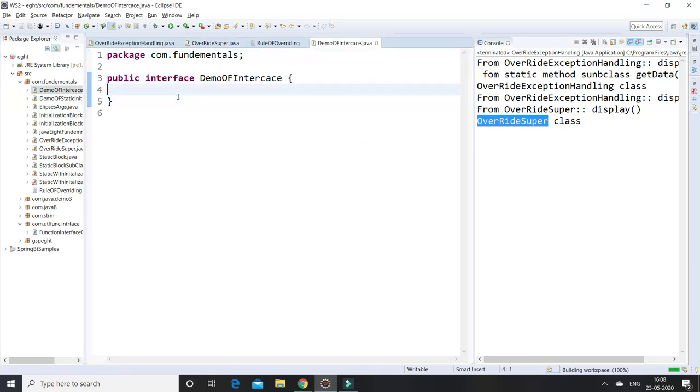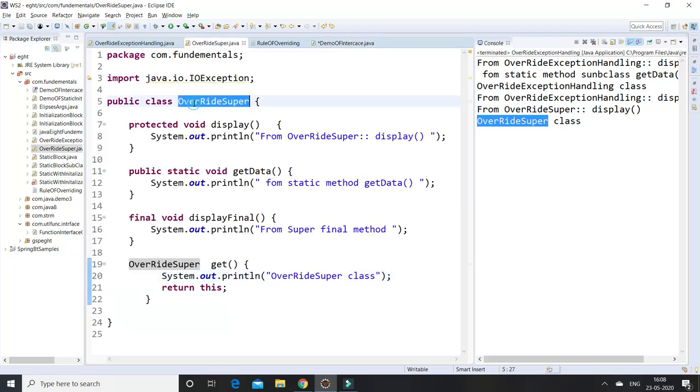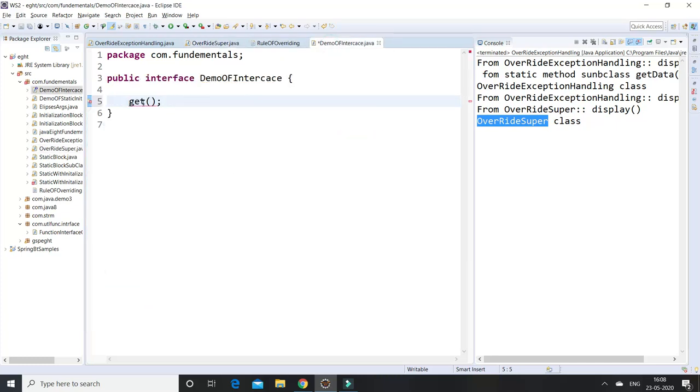So here we are defining the get method, okay, I am defining this one.